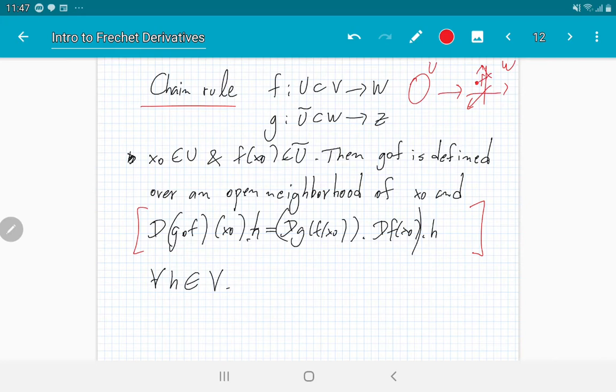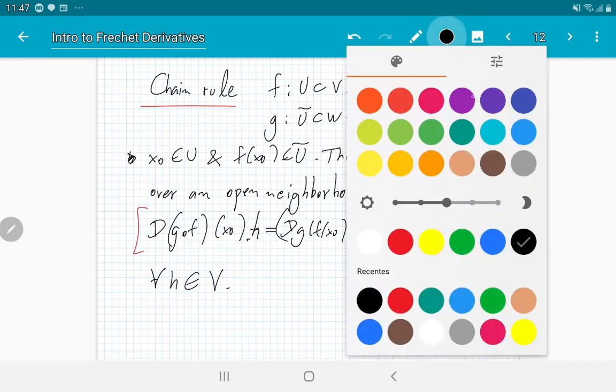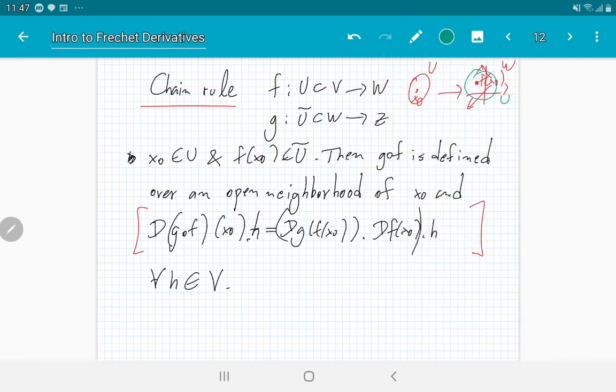And here I have f of x0. And then I have this other function from a set here, U tilde, to Z. And here I have g of f of x0. And this is Z. And I want to show that the composition is well defined, at least over a neighborhood of x0, and that the derivative takes this form. Okay? So there's a bunch of things that need to be understood here. First of all, okay,